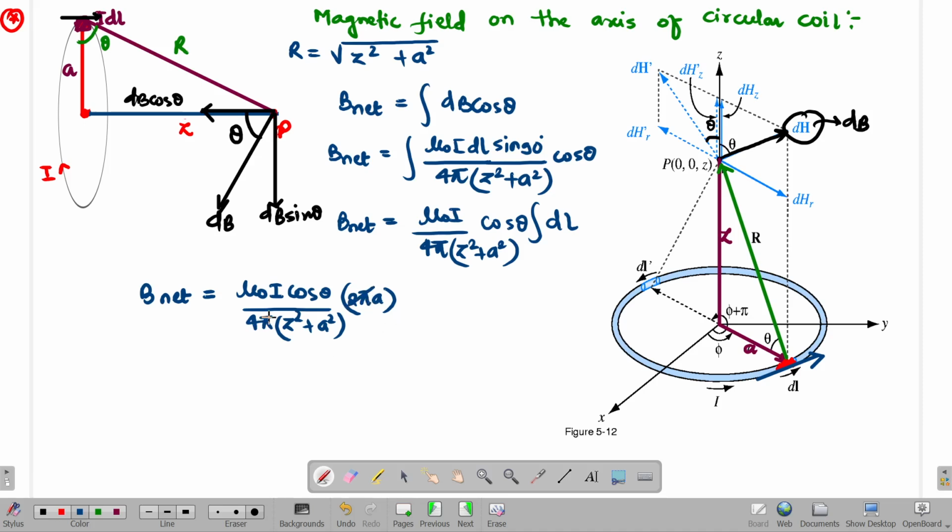So this 2 pi got cancelled and I'll get 2. So mu naught I a by 2 into z square plus a square. What is cos theta? Cos theta is base by hypotenuse, a by